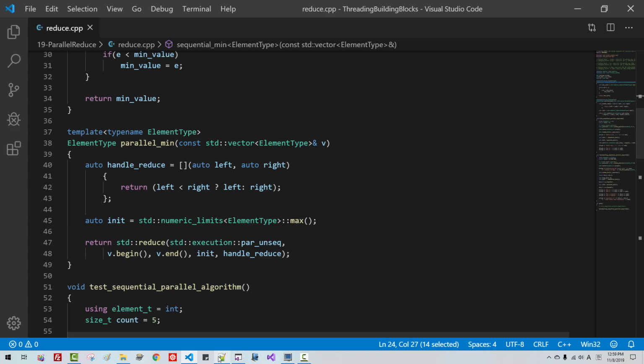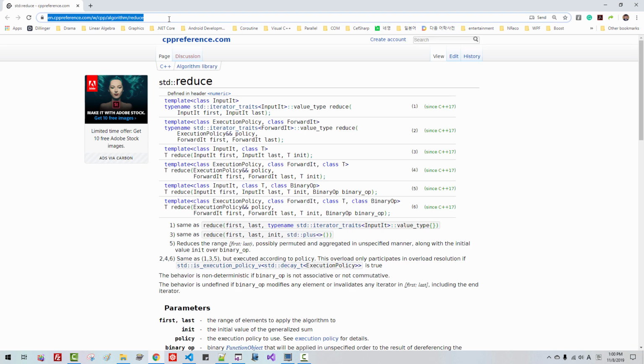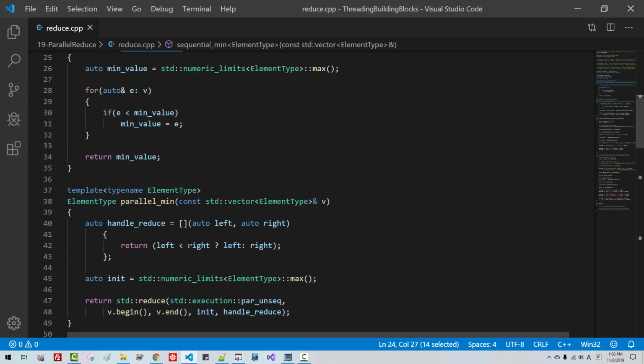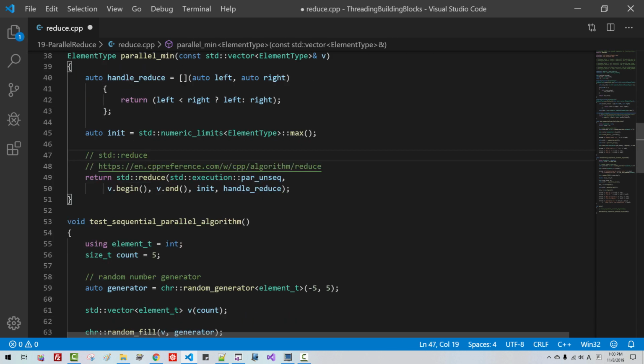For more information about parallel reduce, double click this link. I will copy the link for you and paste it here. There are lots more important algorithms in the C++ standard. In the past, we could simply implement using a sequential algorithm. Implementing a parallel algorithm is much more complicated, so by using C++ standard parallel algorithms, we can easily improve the performance